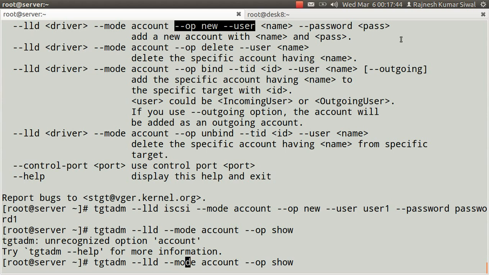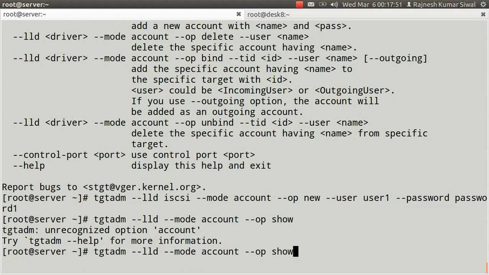Okay, so I created an account using this command. Now the second part that I need to do is attach this account to target ID 1. So, --mode account --operation bind, I attach it to target ID 1, --user